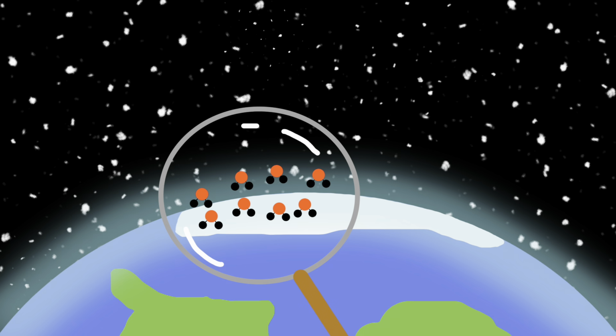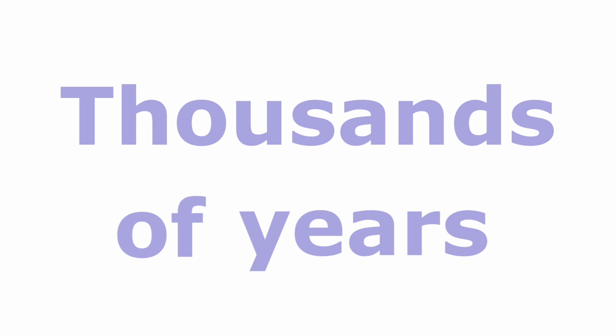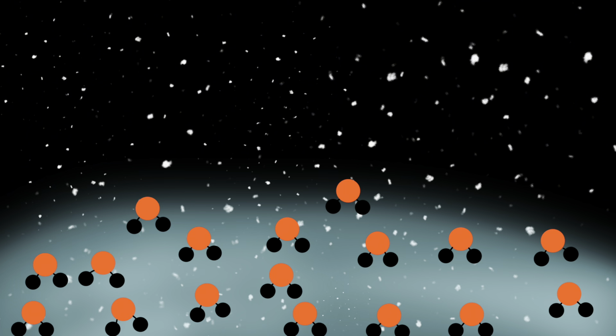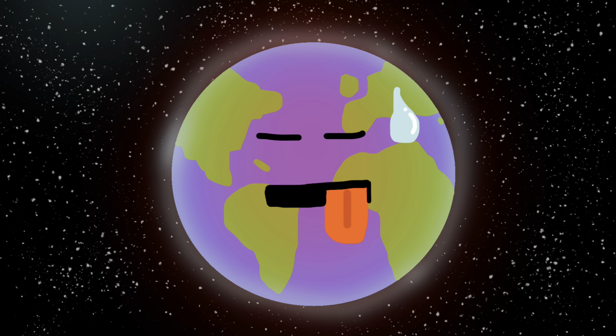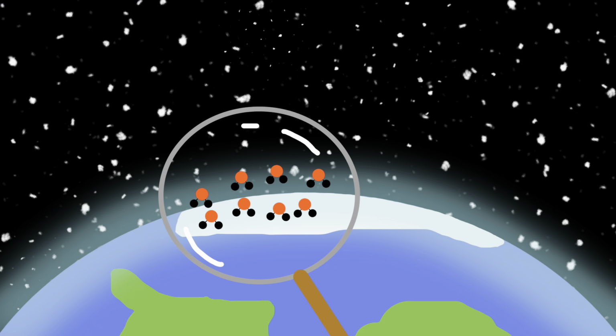It also doesn't help that it's estimated that once carbon dioxide is added to the atmosphere, it has a life cycle of up to thousands of years. This is leading to an overall buildup of carbon dioxide in the atmosphere, increasing the amount of heat trapped on Earth. The resulting problems from this phenomenon have popularized the term climate change. This begs the question, where is all this carbon dioxide coming from?